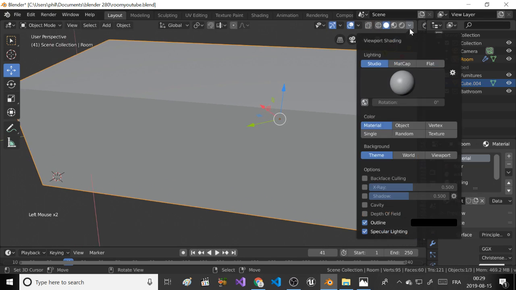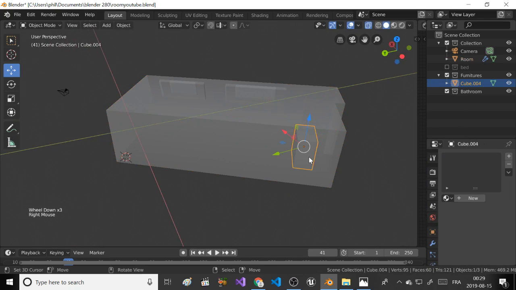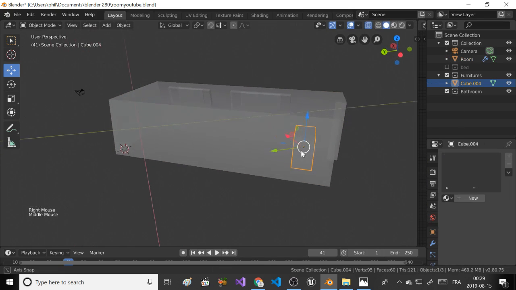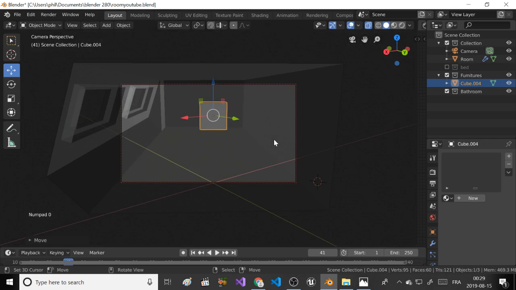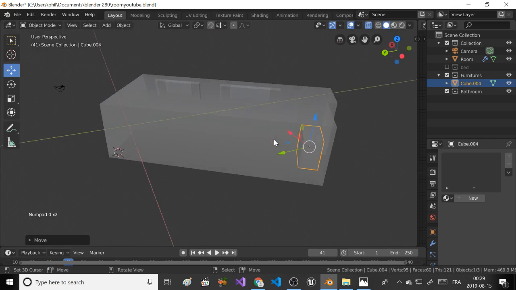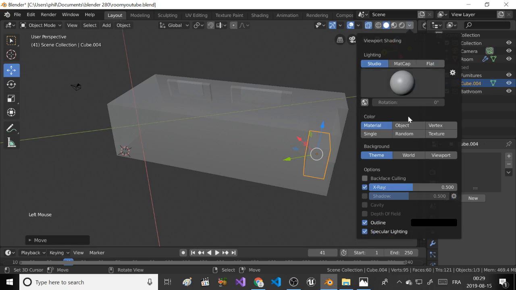Here what I can do, I can go here and press X-ray mode and select it. I'll try to see how it looks like. So this way it's good. Can deactivate my X-ray and